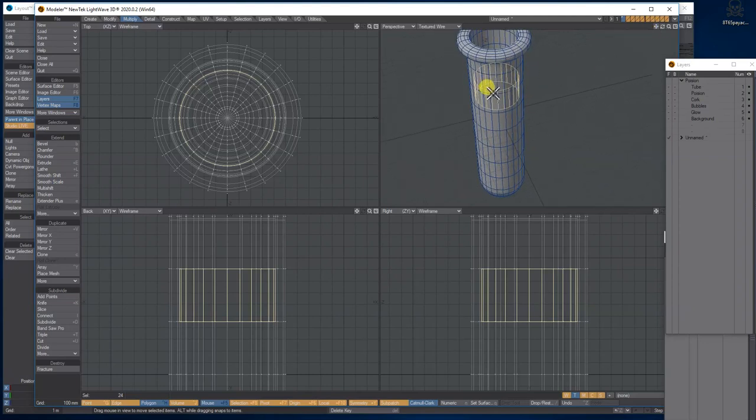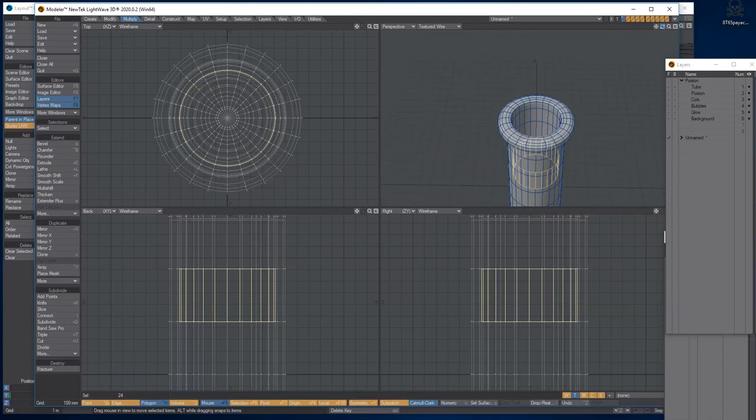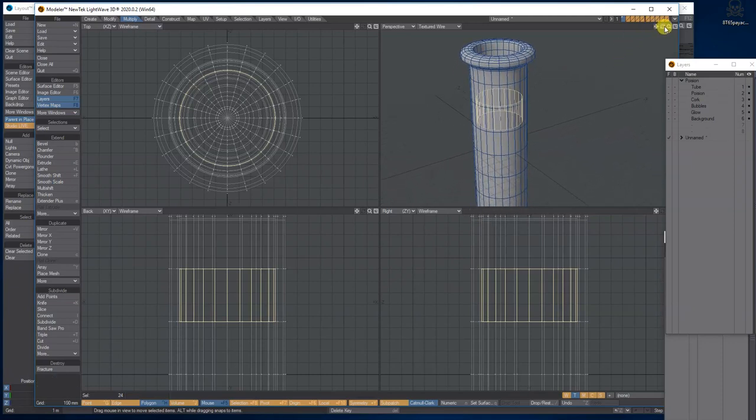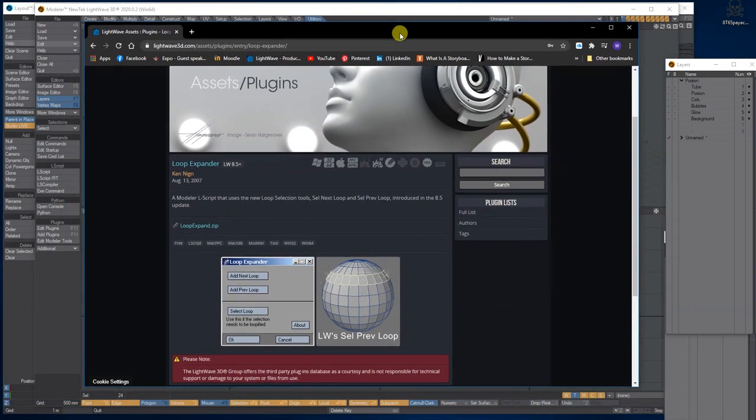What you can do is literally go inside and select each one, every two, and keep looping it, but I always thought there was a way of shortcutting to select the next loop below and add to the selection, but I couldn't find it. But I did find a plugin. The plugin I use is Poly Expander. It's a free LScript from the Lightwave plugins, and you can download it directly on the Lightwave website. I'll put the link in my description.